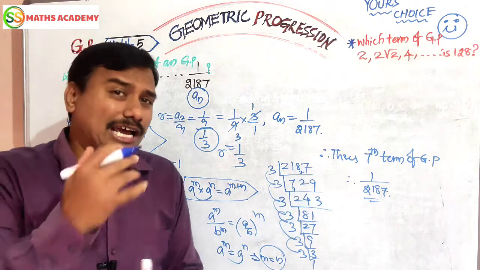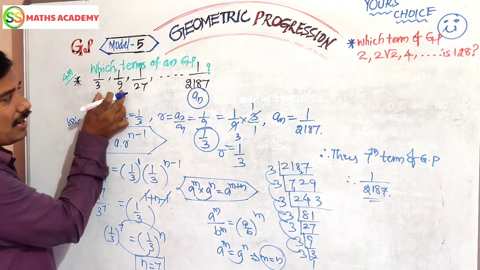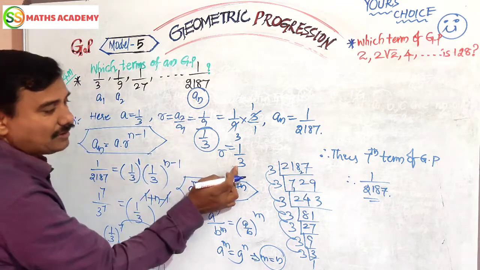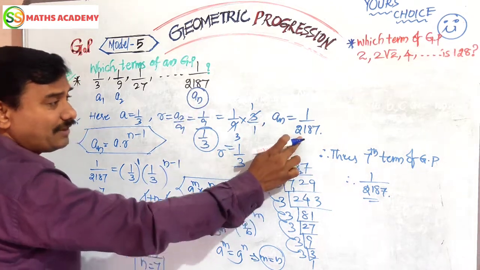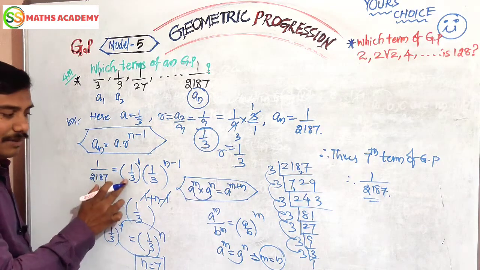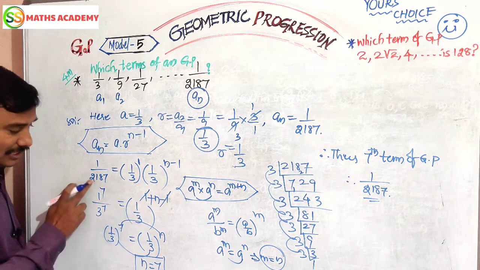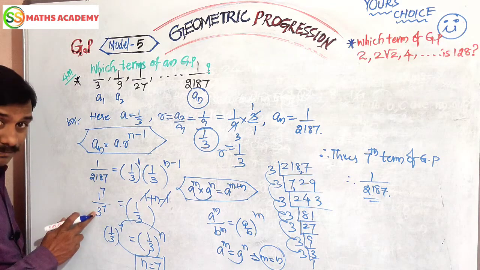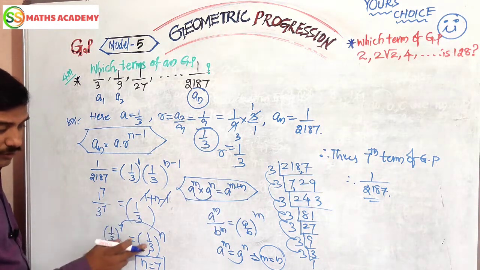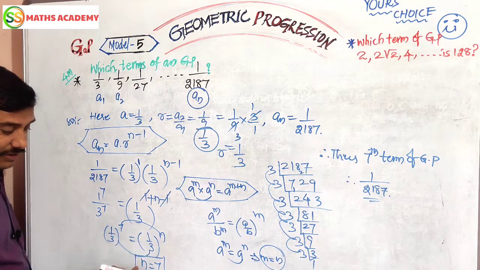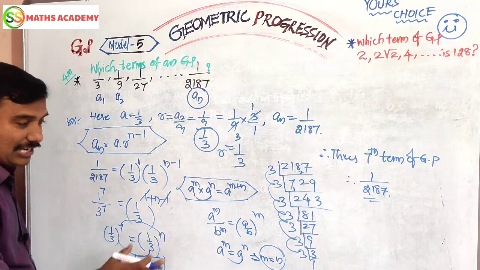We found it very easy. Just recall what I have done in 5 seconds. Take a1, r as A2 by A1, the r value is 1 by 3. The last term An equals 1 by 2187. Apply the formula, substitute; bases are equal, so powers should be added. This base is 1 by 3, and this term is also converted to base 1 by 3, meaning 3 to the power of 7 in exponent form. Now 1 by 3 whole power 7 and 1 by 3 whole power n: bases are equal, so powers are also equal. I applied the exponent formulas in this question, and I get the n value as 7.